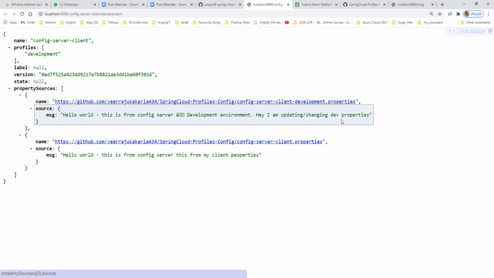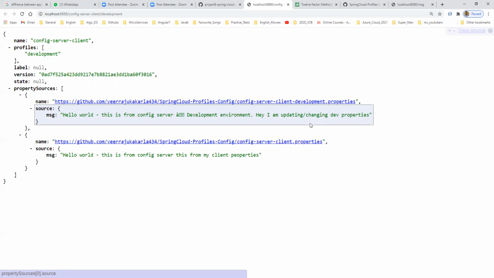Your application is running using some database, so for example, if your database changed, your database URLs will change. At that time, without redeploying the production and without affecting your business, you need to make the change.